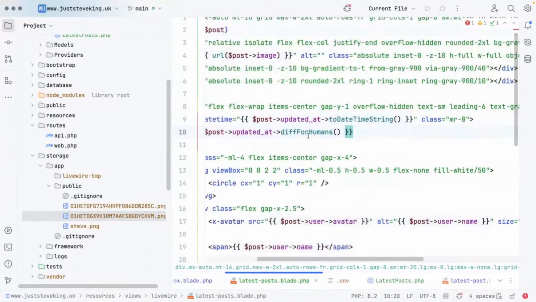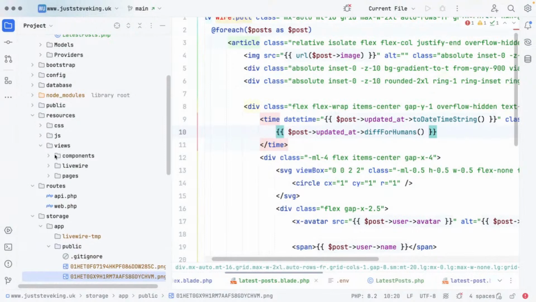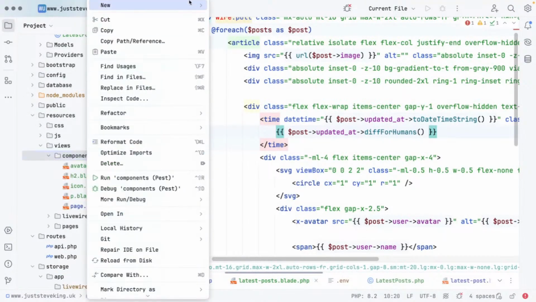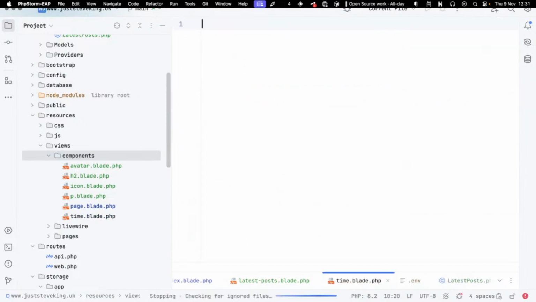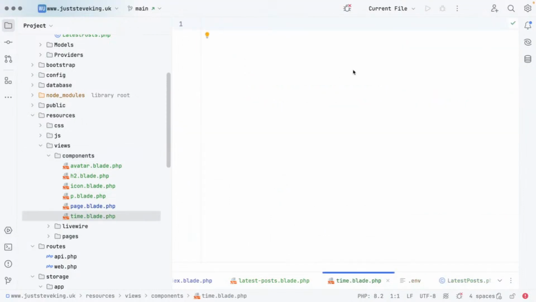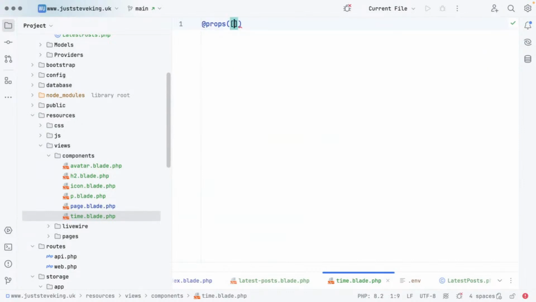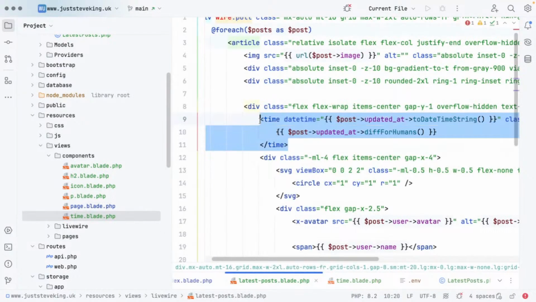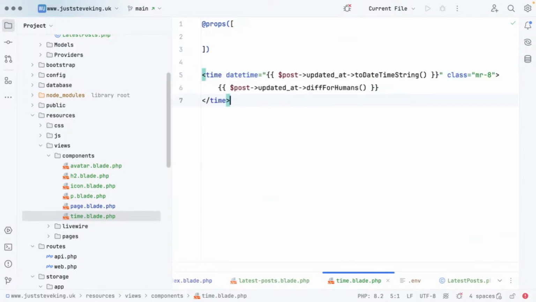I would probably come to, let's just focus on the code for a second again. Come to here, components. I'd probably also create a time component, time.blade.php. Drop in some props. We want something like this. Oop, no, not like that. And would want,